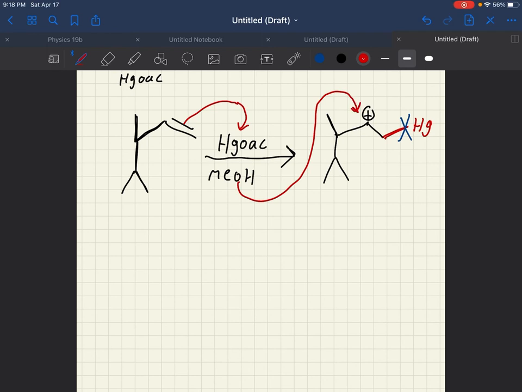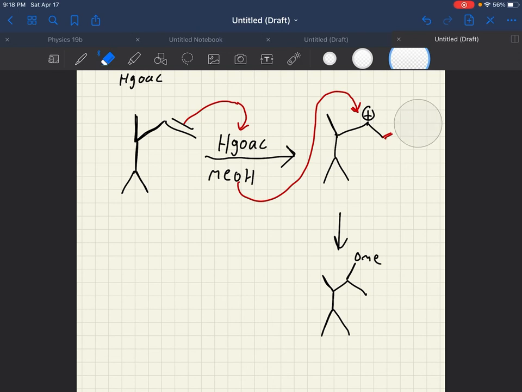Remember, it doesn't form the more stable carbocation because it's such a fast reaction, and you're going to get a product that looks like this. And once again, the Hg disappears, just like the mental health of every student taking organic